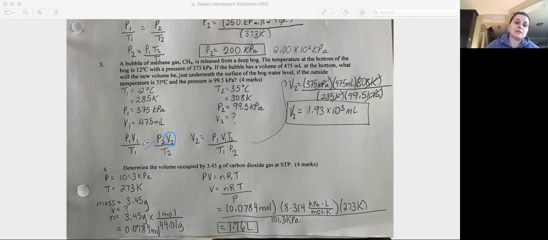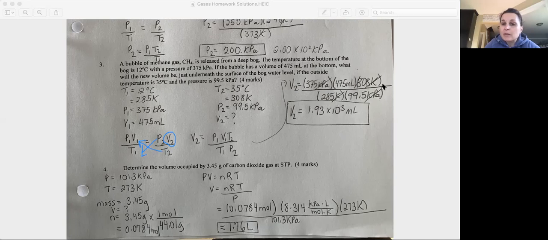Right? So this guy is coming down here to get rid of. This guy is going up here to get rid of. And then my V2 is going to be by itself. So my new formula is V2 equals P1 V1 T2 over T1 P2. So then I plug everything in, 375 kPa times 475 milliliters times 308 Kelvin divided by 285 Kelvin times 99.5